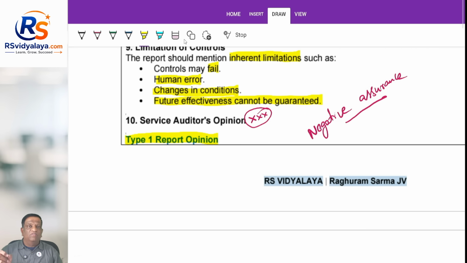It is because of the language, not that he is saying that controls are not good; it is the language in how he is expressing it. In his report, he will not say that yes, the controls are effective. Instead of saying controls are effective, put that slightly differently: nothing has come to my knowledge to say that the controls are ineffective. So, a little indirect speech type. That is why it is called negative assurance. This word is important, and you may be tested in the examination on what type of assurance an auditor should comply with.